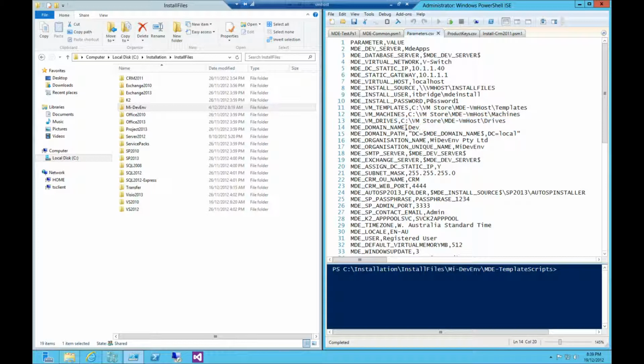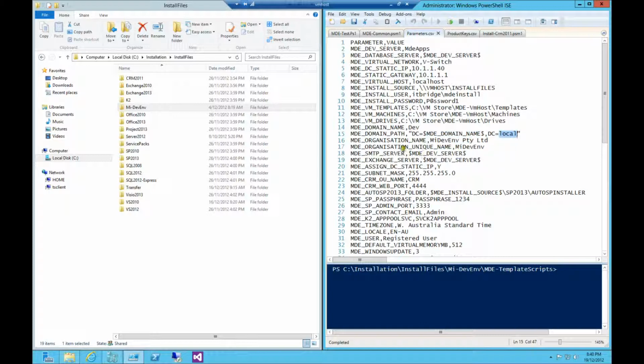Here now we get to some settings which are probably less likely to change over time, and that is what your development domain is going to be called. So when we create a domain controller with Mi-DevEnv, the domain will be called dev.local. We don't need to put the .local here, just the NetBIOS name of the domain itself. Then there's a domain path, which is basically the LDAP lookup to find the domain. So there's the container there that says the dev, for example, is what that will resolve to, and the local